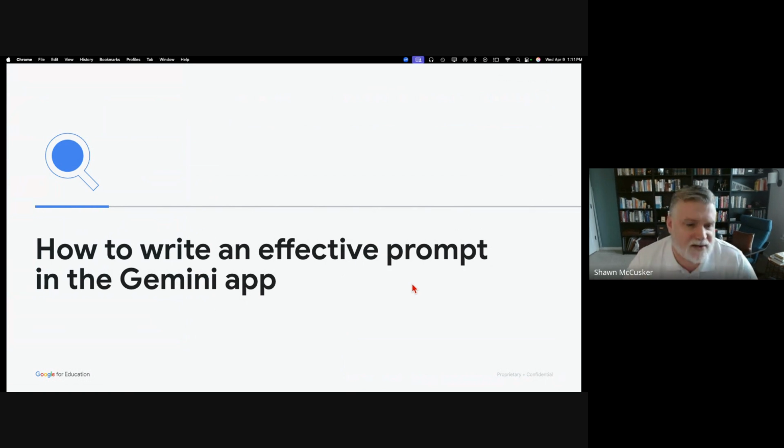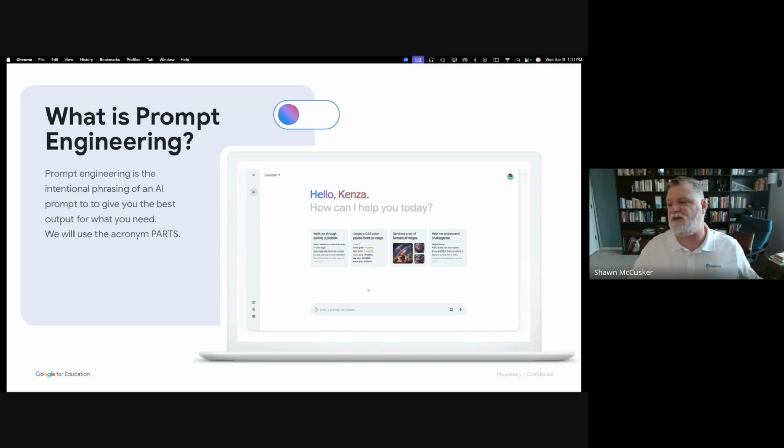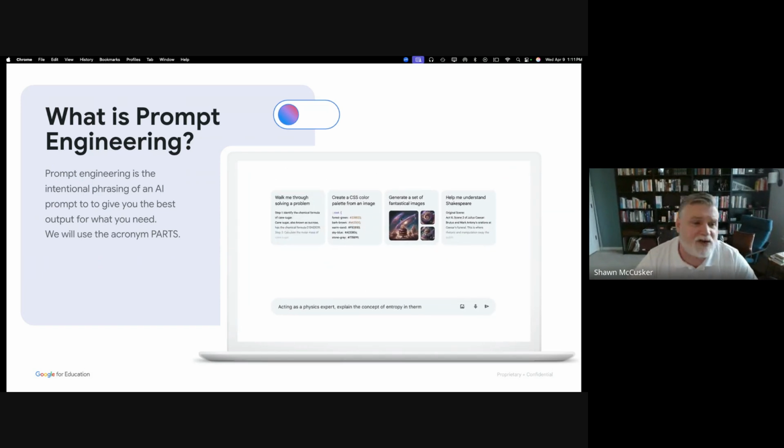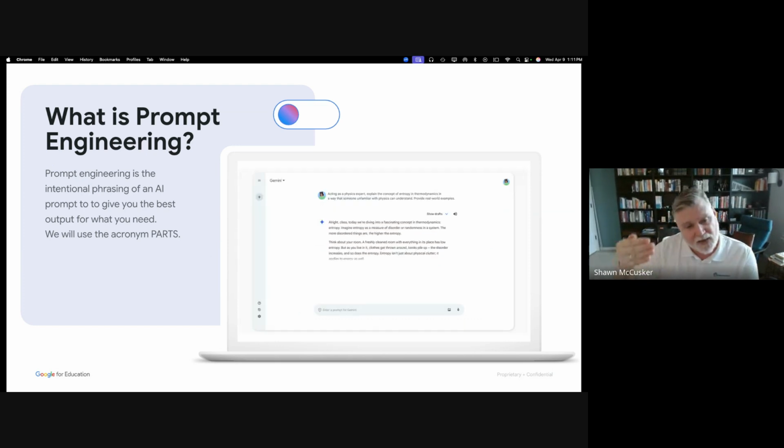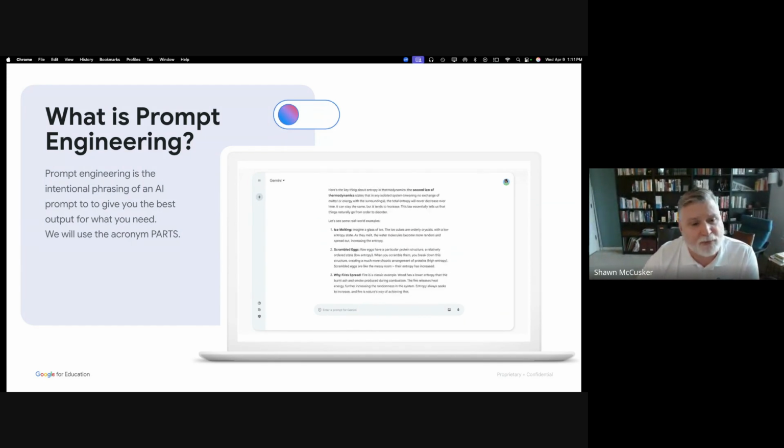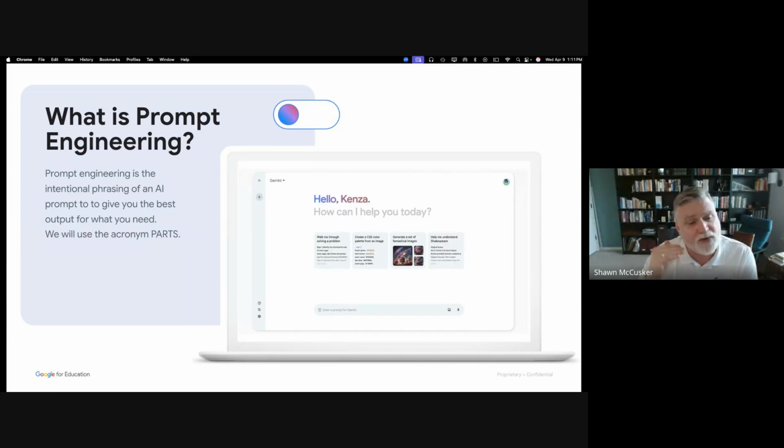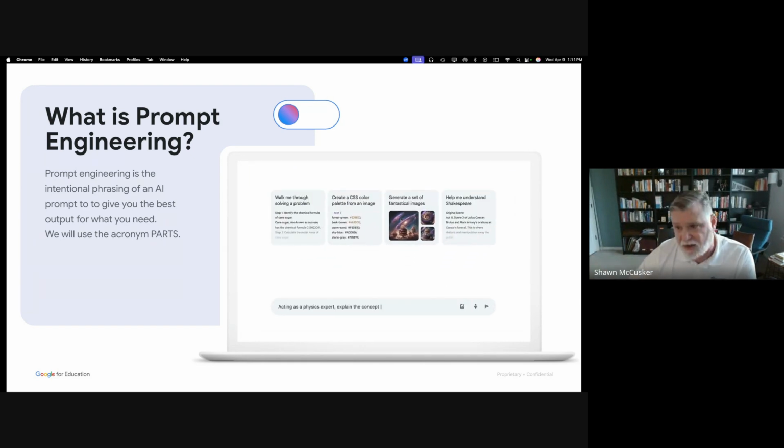But Google also has a system to write prompts, and you've probably seen something that talks about writing effective prompts using AI. Google's system is a simplified version of some of the ones that you've seen, and we'll give you a chance to take a look at it, right? So in case you don't know, prompt engineering is basically how we get the program of AI to run. Think of it like computer programming, but instead of using a language like C++ or any of those others, we're using the English language as a programming language, right? And so the Google model,